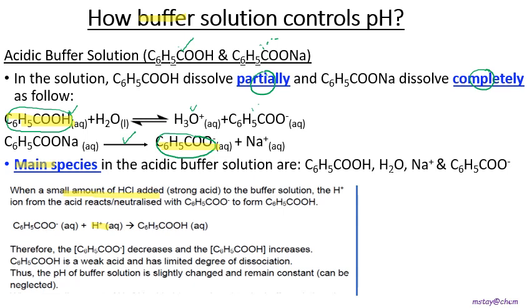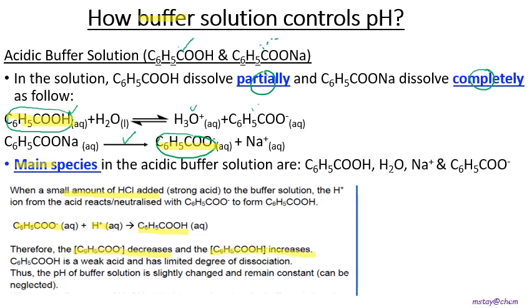Because H+ is positive, it will react with the negative ion to form C6H5COOH. When this reaction happens, you will notice that the benzoate ion is decreasing while the concentration of